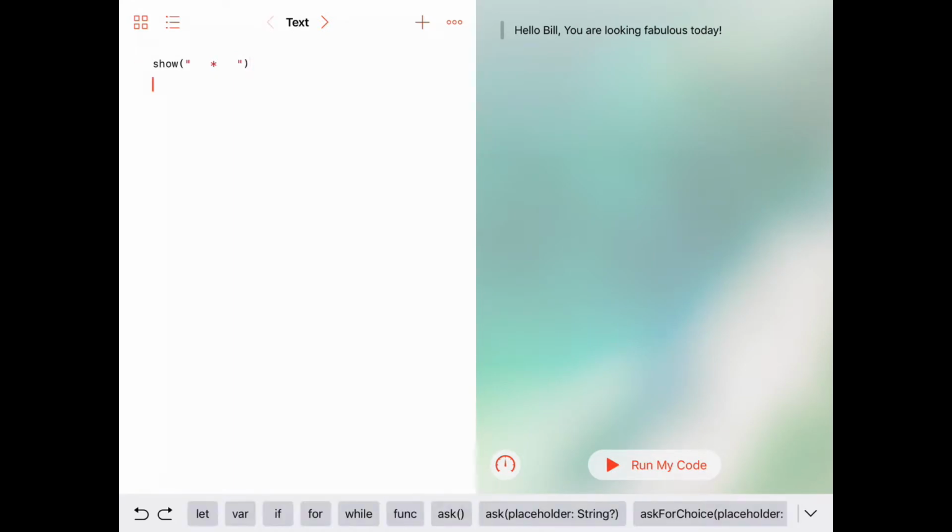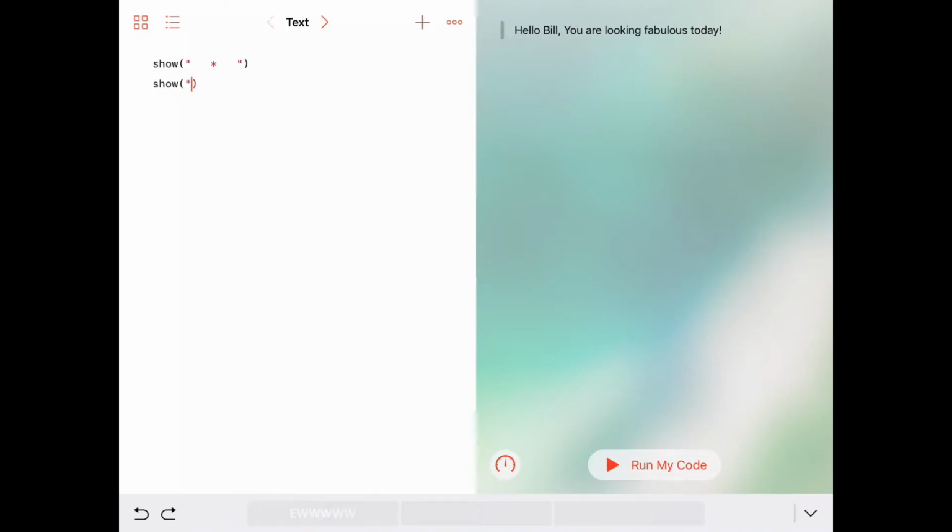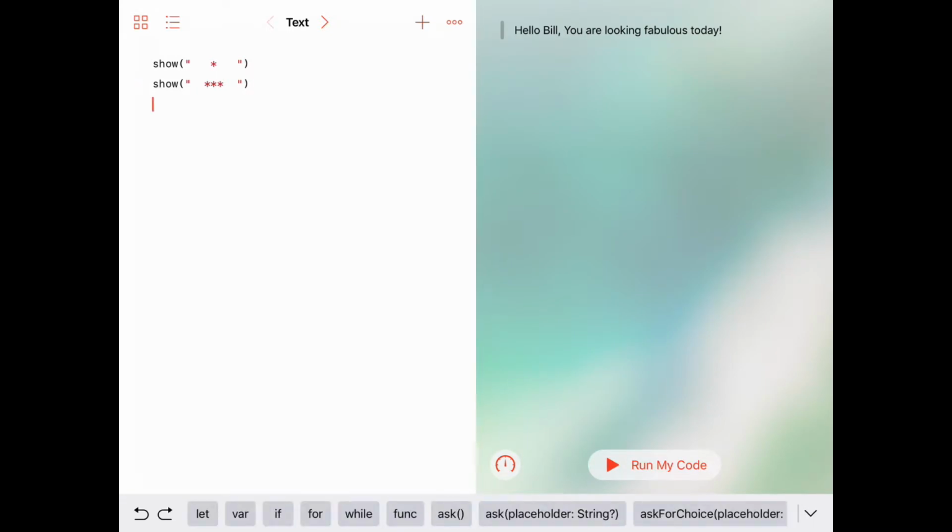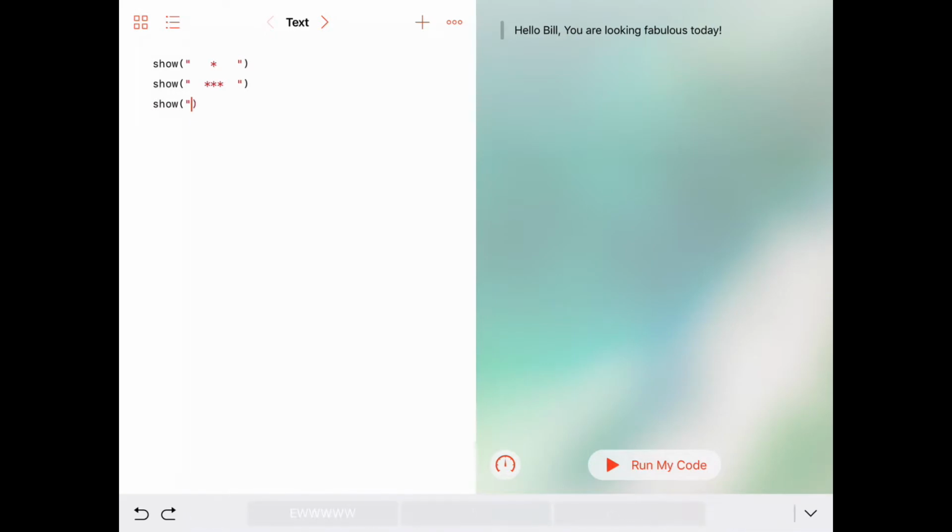And on the next line, I'm going to say show, and same thing, but this time only 2 spaces, 1, 2, then 3 stars, 2 spaces, and a double quote. Okay, and the next line, just 1 space, 5 stars, and a single space, and